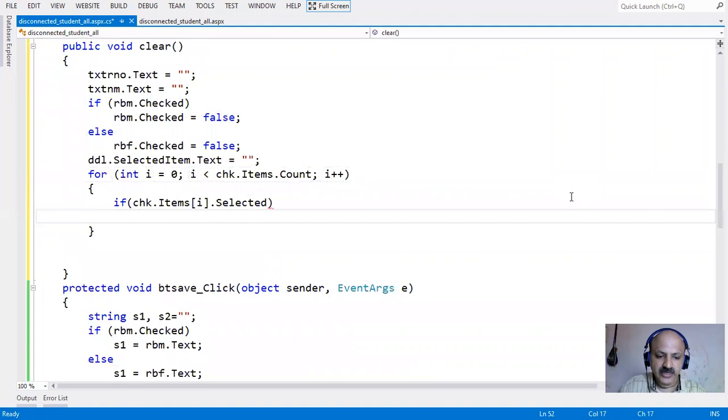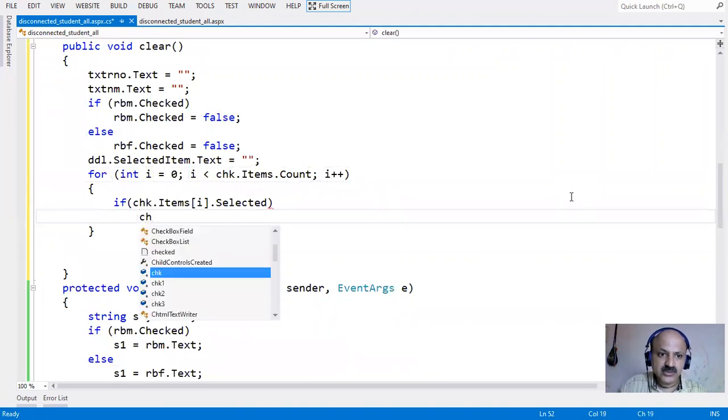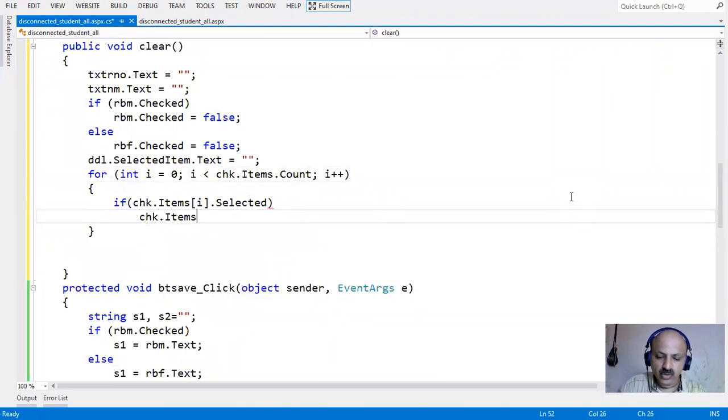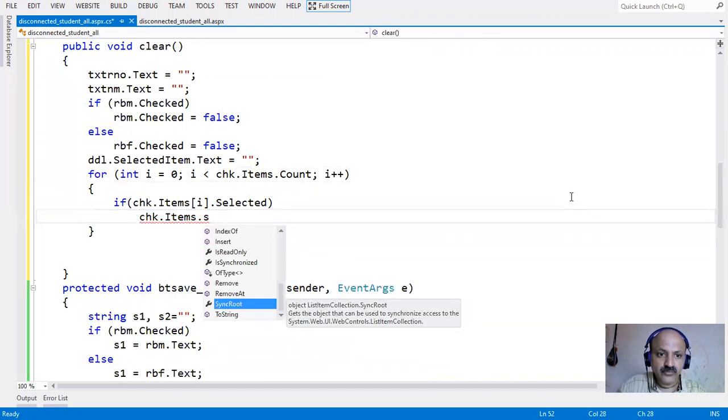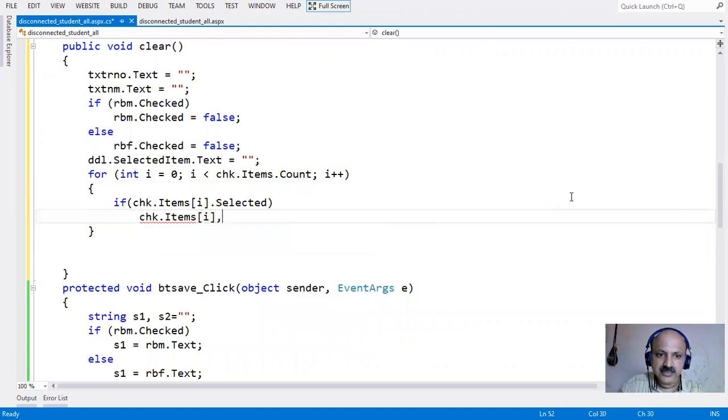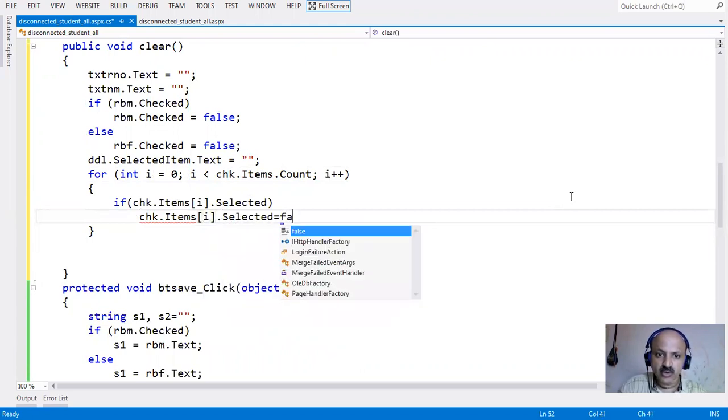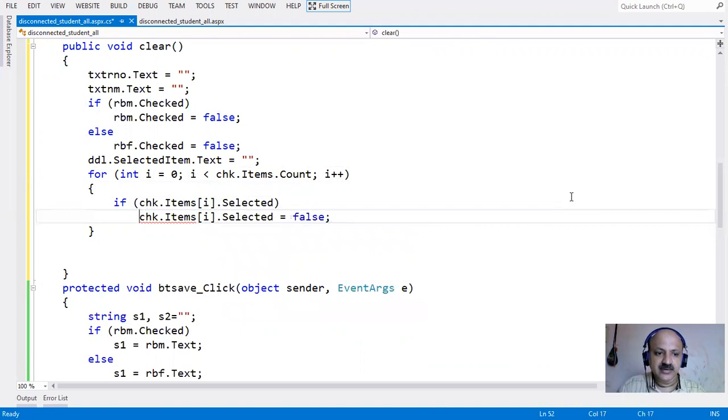So directly if, and then we can deselect it. So items of I, then selected appears, and we set it to false. So all are deselected, that is the meaning.